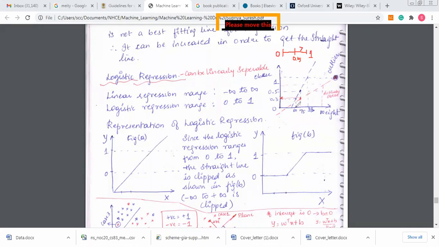So what did we do here? For a person with a weight of 60, I draw a line, and the line coinciding to the point is this. Its corresponding y value that I'm going to show over here is 0.3. So a person with a weight of 60 has an obesity value of 0.3. 0.3 is still lesser than 0.5, so we consider he is not falling under the category of obese.